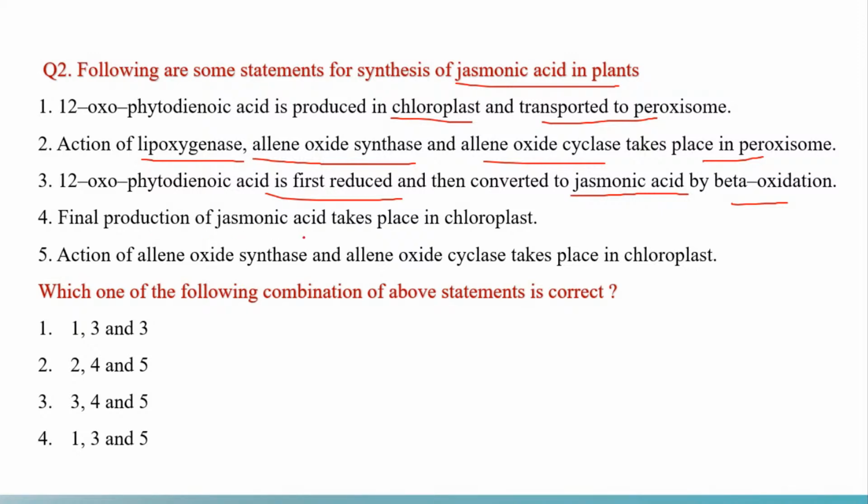Final product of jasmonic acid takes place in chloroplast. Action of allene oxide synthase and cyclase takes place in chloroplast. Now, among the given statements, identify the correct combination. So, jasmonic acid is also one such topic which is considered to be important from the examination